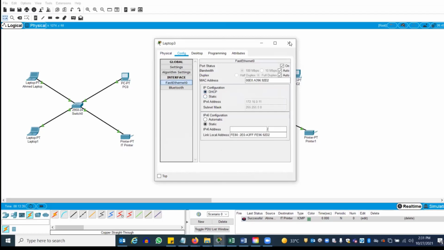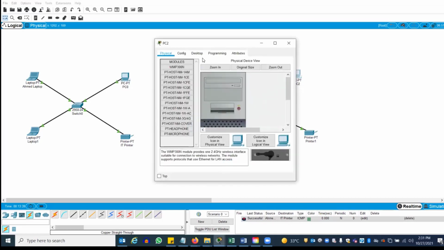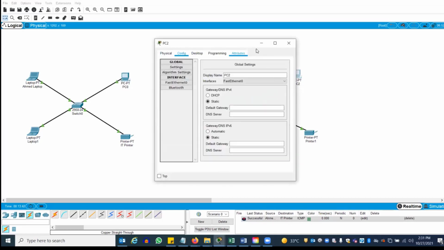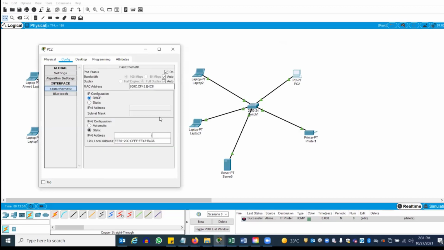See, I'm getting 11, whatever the next available IP address is. Remember, this IP address can change, because when you turn off a machine or remove it and connect another machine, that one will get that IP address. Fast Ethernet, DHCP. Go to the printer.